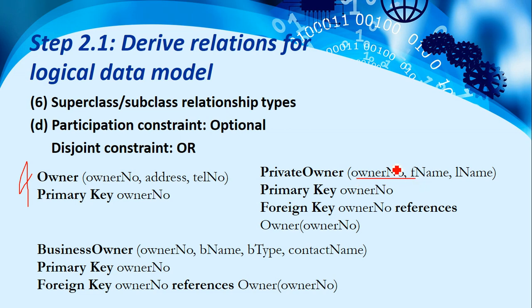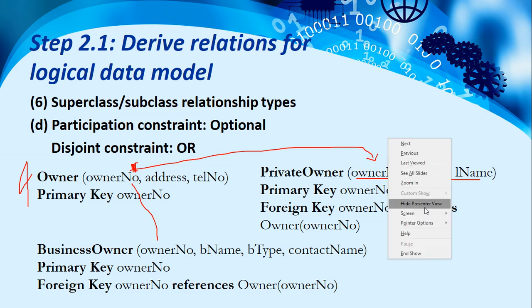Yung pinagkaiba lang is for the other relations, let's say itong private owner na to, kinopya lang yung primary key, and then kinombine lang with the attributes from the private owner na entity, and yun, we have a relation private owner. Okay, then same with this business owner, kinopya lang, nagkopya lang tayo ng